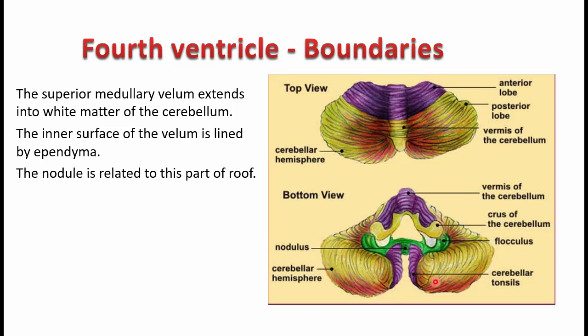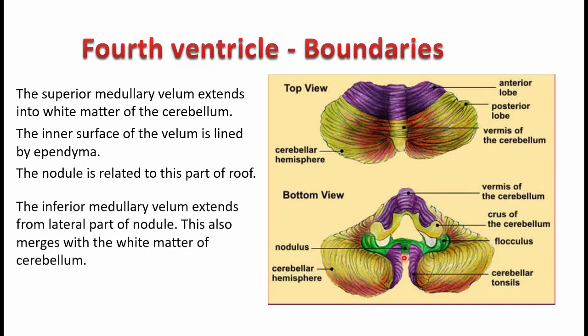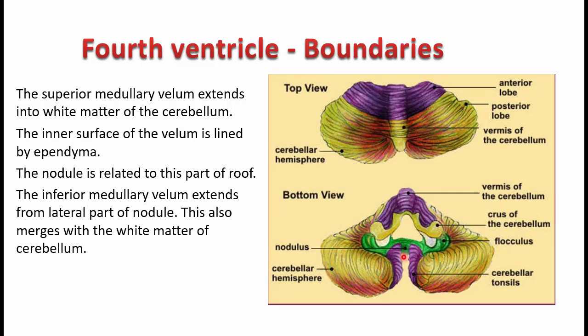In this place, when you look at it, the inferior part of the roof all extends. So the nodule is actually related to the inferior part of the roof. The superior part of the roof and the superior medullary velum, from anteriorly it has come and extended. Now the inferior part of the roof, you are able to see the nodule is related to this part of the roof, and a small structure, the inferior medullary velum, can be seen extending with the white matter,